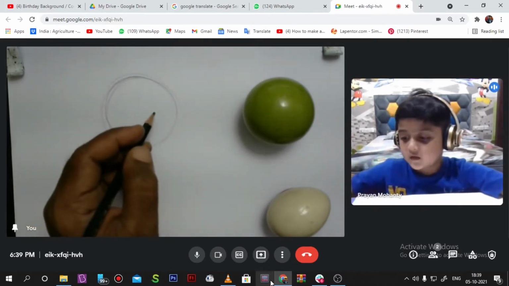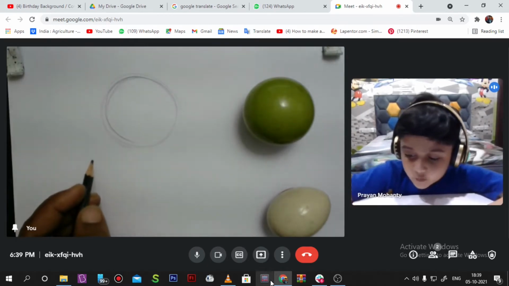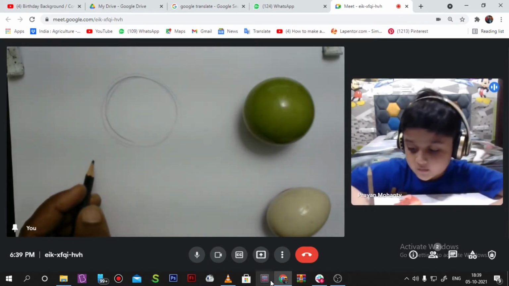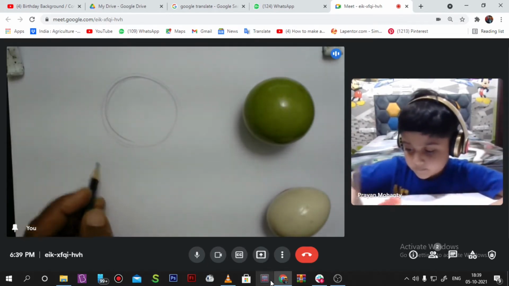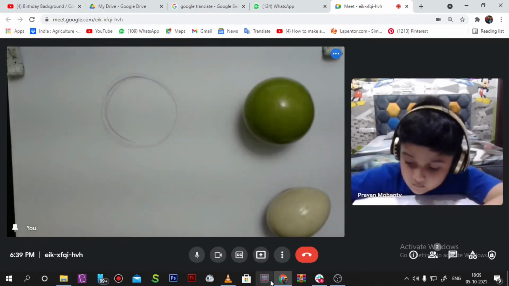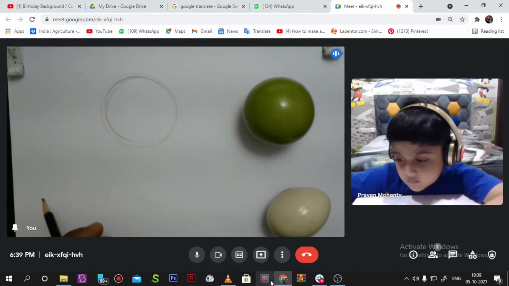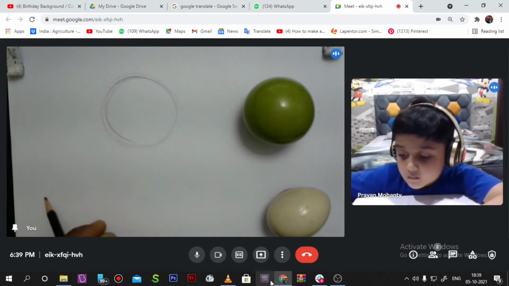Yes, sir. I have done the circle, but I think it is looking like everything. Give me 2 minutes or 1 minute. Yeah, sure, beta. First make this. I can show you something a little difficult: the difference between the parrot, macaw, and budgie. These are different birds.